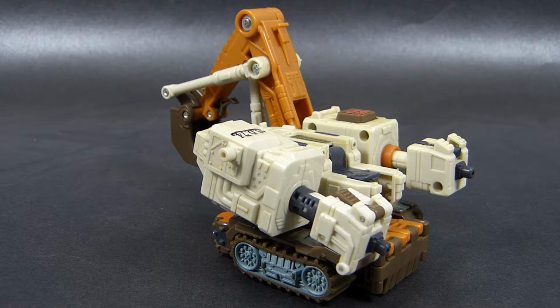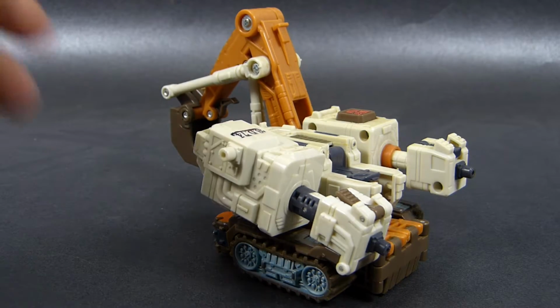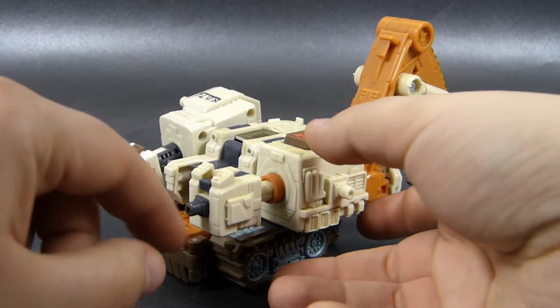And that philosophy being, gotta catch them all, get as many Mini-cons as possible, put them on your bigger toys to power them up, and also put one Mini-con in a special spot that will allow you to use the toy's main gimmick. And Hoist totally does not require you to do so. You can use it even without the Mini-con attached to the proper place, which in this case would be this